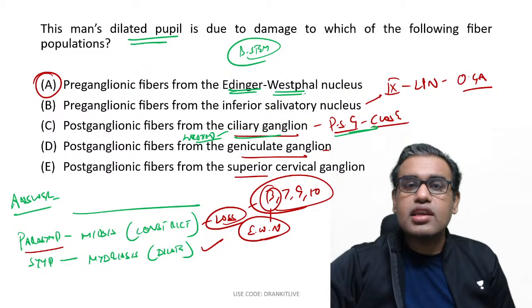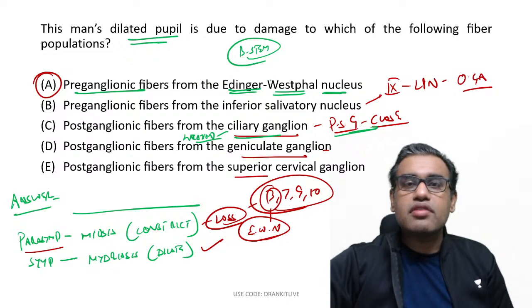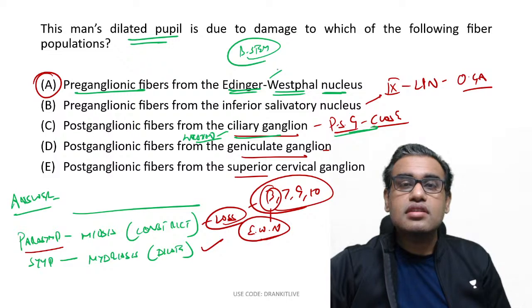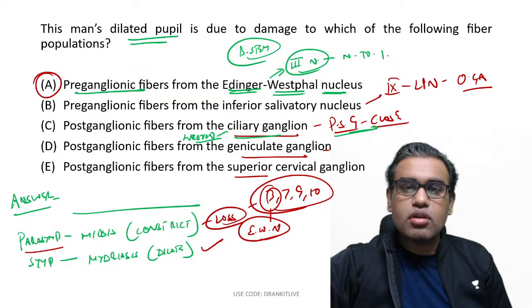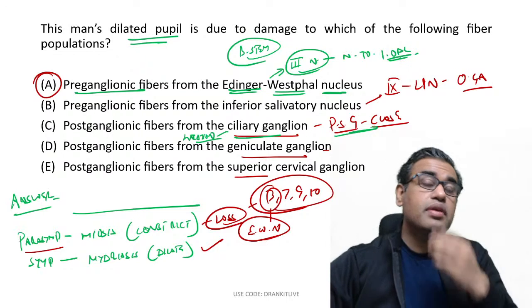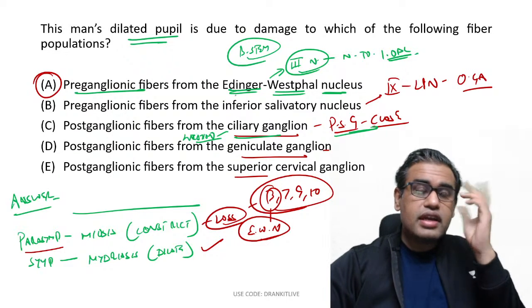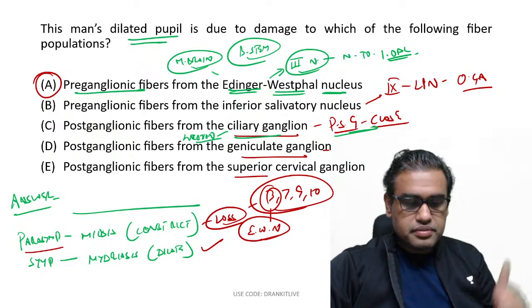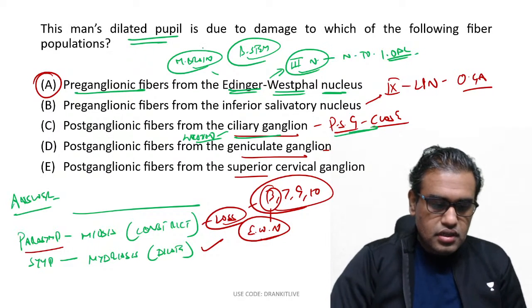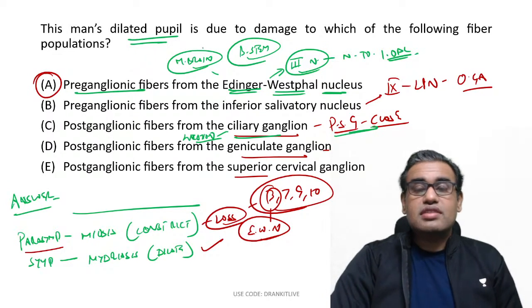This is the preganglionic fiber for the ciliary ganglion. Its fibers travel with the 3rd nerve, in the nerve to inferior oblique, the fibers of the parasympathetic will be traveling. But they are coming from where? Edinger-Westphal. Where is it located? Midbrain. It's located in the midbrain. Okay. Yes, it's a continuation, they relay.